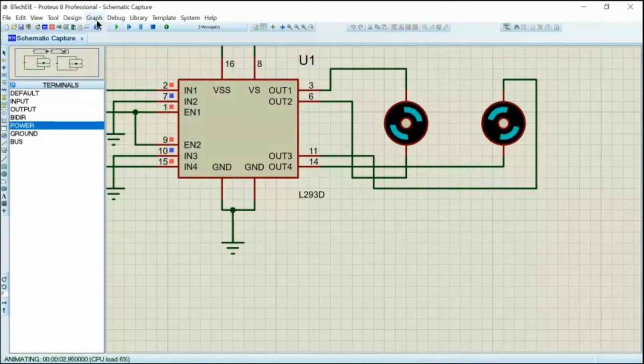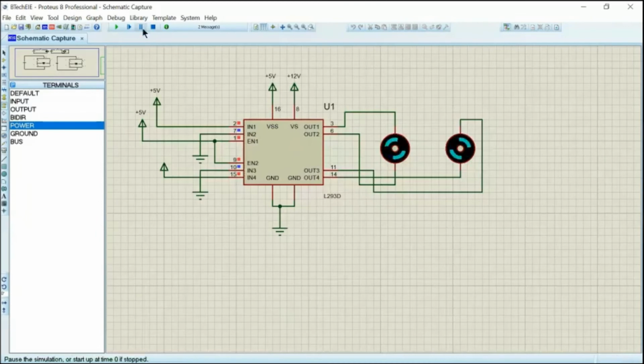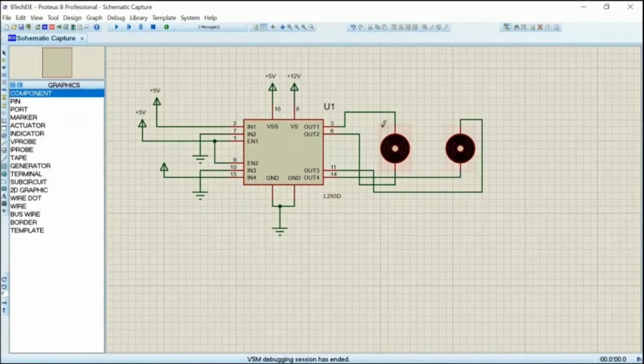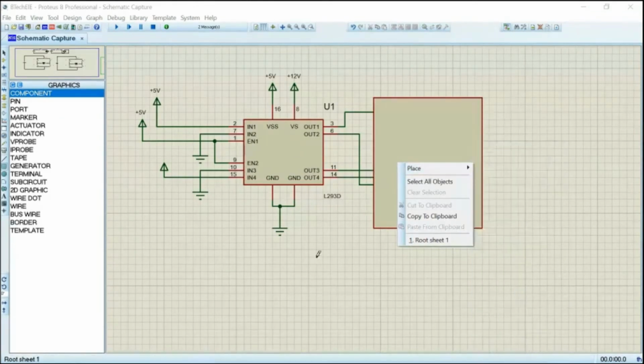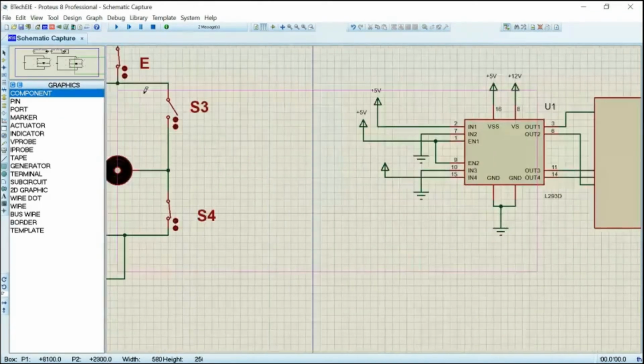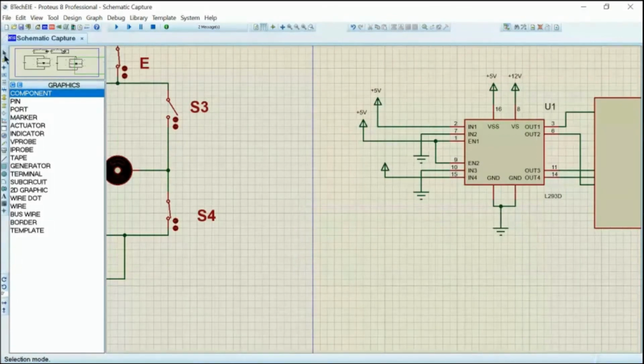Can anyone predict in what way it is supposed to rotate? The left side motor will run clockwise, and the right side motor will rotate anti-clockwise, because we have reverse connected the terminals for in 1 and in 2, in 3 and in 4. So this is the left motor, this is the right motor. I put a small box here so that you can understand. Let us say this is my robot.